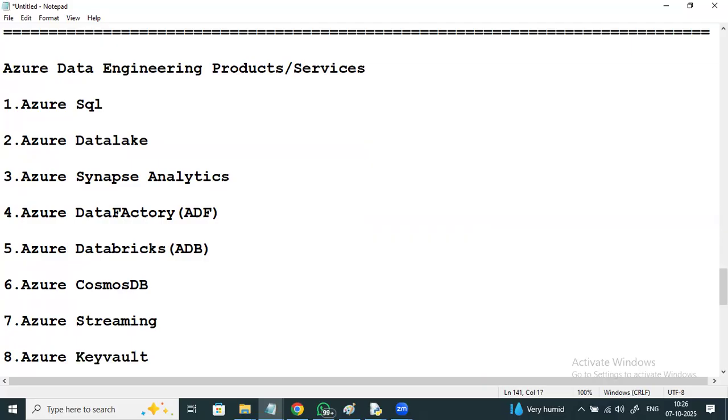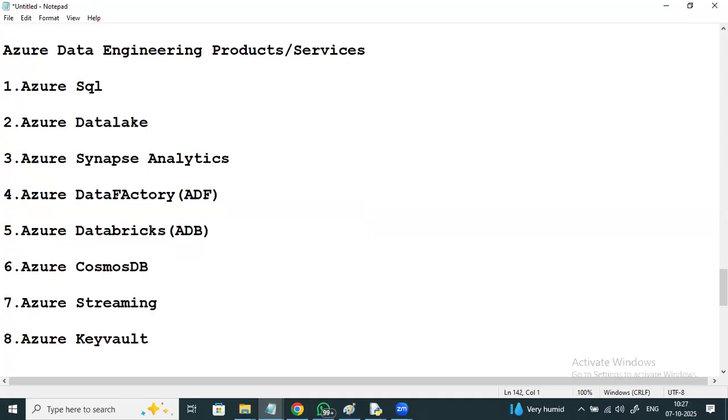Yes, these are the services. In a single line, a single word, I'll just say what these are.